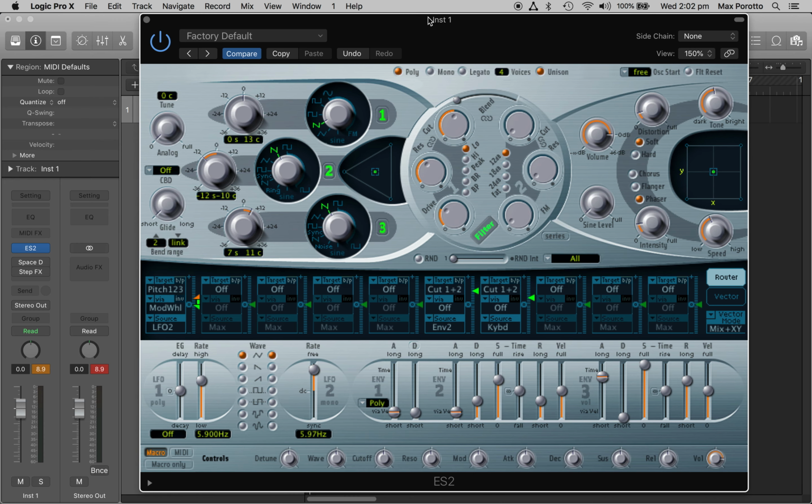In the previous tutorial, we learned how to use the oscillator section, the filter section, the output section, and envelope 3. Essentially, we came up with a sound that sounds like this. It's almost like a quite string, brassy type of sound. The cool thing about the ES2 instrument is that it also has quite a